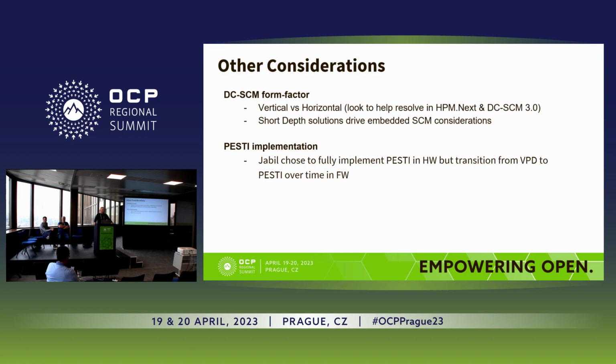So just some other considerations that I wanted to bring up. The DCSEM form factor, we would like to have options for vertical and horizontal HPM designs. This is obviously addressed in the current specifications, but there's some work to be done, and we're doing that work as we look at the next generation of HPM specifications, and as we work with DCSEM and 3.0 and future generations there. We're working to make sure that we have a solution for vertical and horizontal